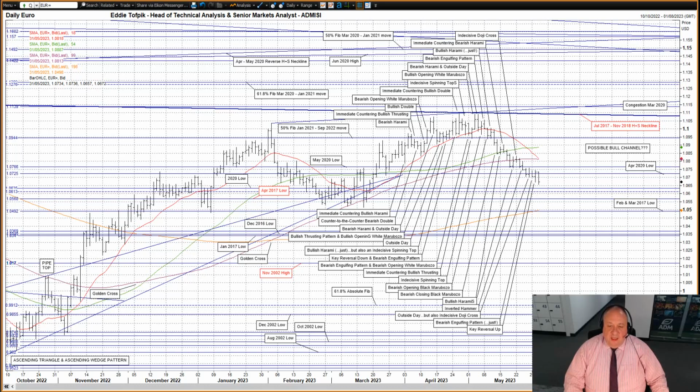Euro-dollar. A key reversal up yesterday, seemingly based around the April 2020 low at 107.25. The sine wave type activity of this market since the start of the year seems to be reaching a trough, though there might still be room on the downside to reach the 2020 low at 106.35 or even the April 2017 low at 105.68, which managed so well to slow the decline and turn the market upwards back in late